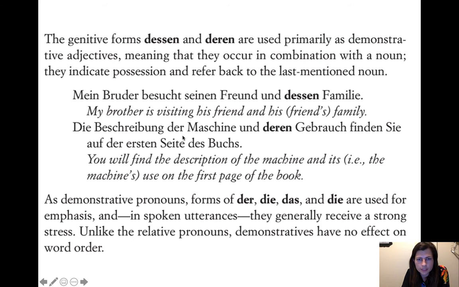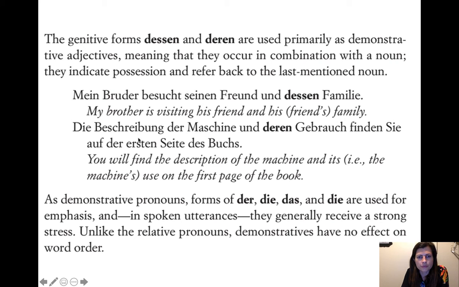Die Beschreibung der Maschine und deren Gebrauch finden Sie auf der ersten Seite des Buchs. Or des Buches, it could be es at the end, it's optional. Es for genitive, or just s, and in this case, the standard way is es, but sometimes just the s. Okay, so die Beschreibung der Maschine. Here we have two nouns, right? It's just the subject and then a genitive to describe the subject. So the description of the machine,